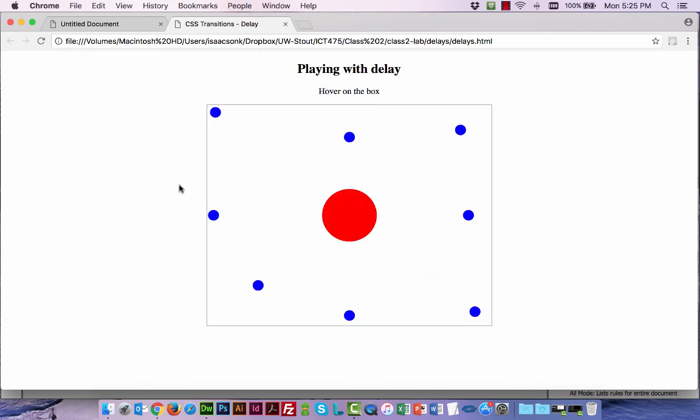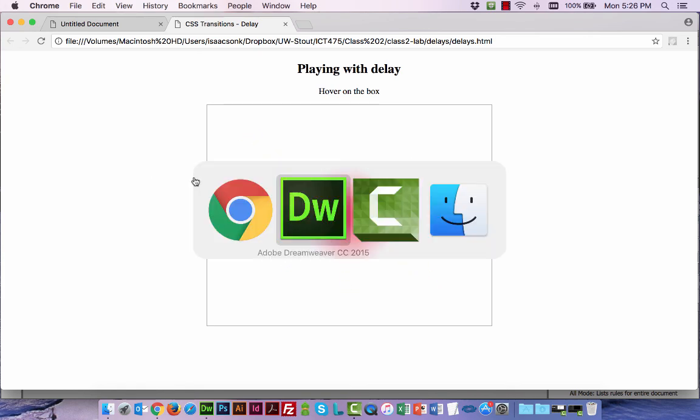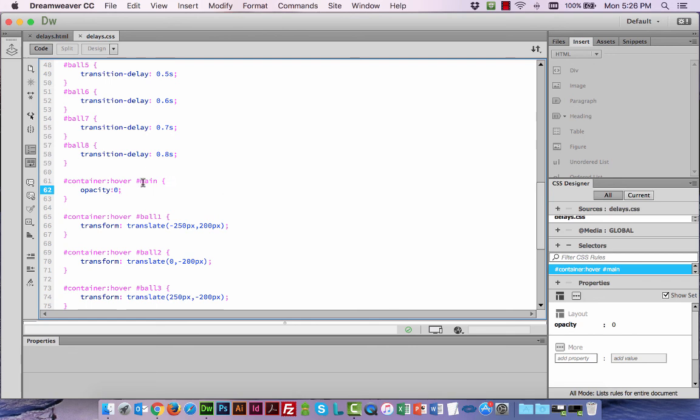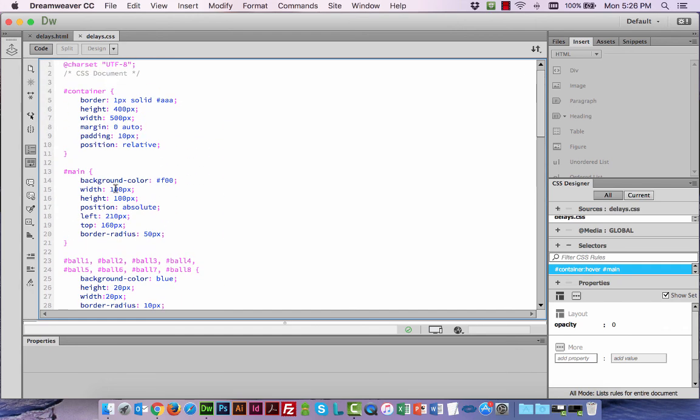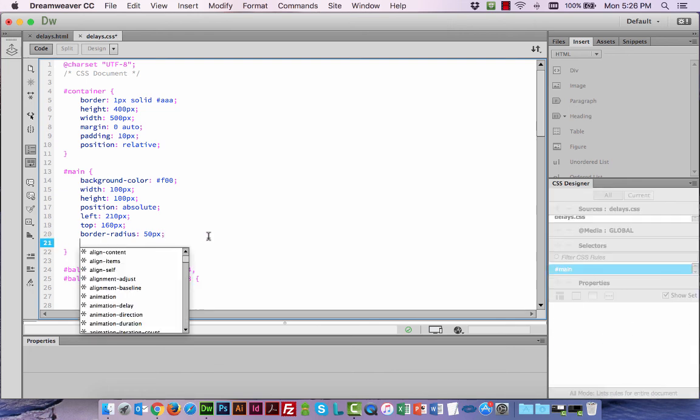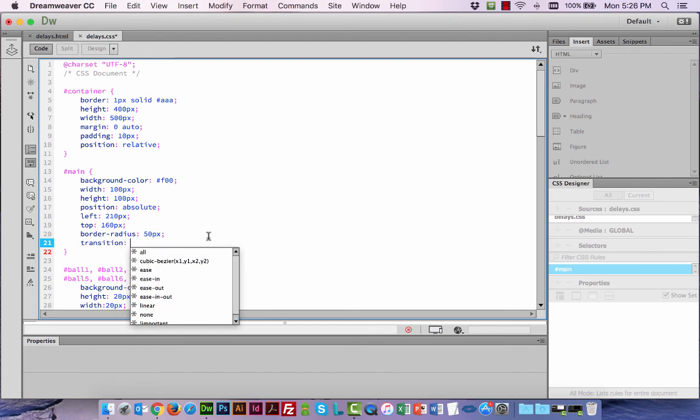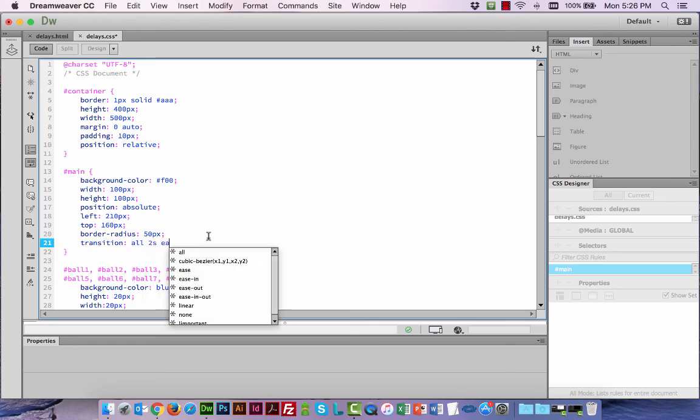Did we do any sort of easing effect on that? Or any sort of the duration? Because it's just happening right away. It just keeps going, see? So let's go back. We need to add the duration to main. So not this, but main all the way back up here needs a duration. So we're going to do a transition all, and we are going to do it over 2 seconds, and we're going to do ease